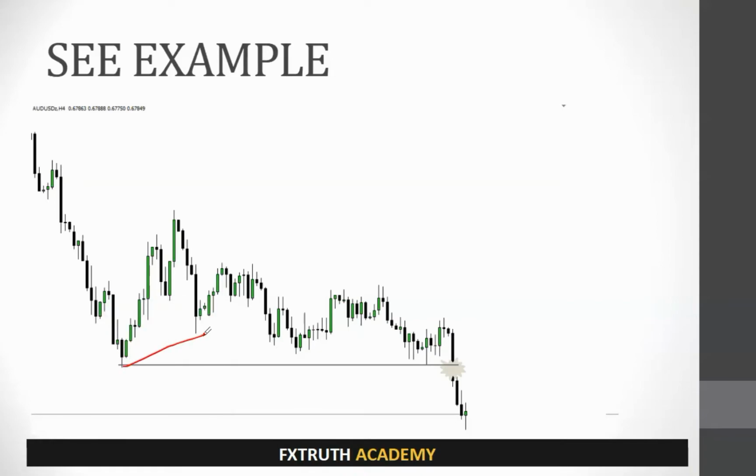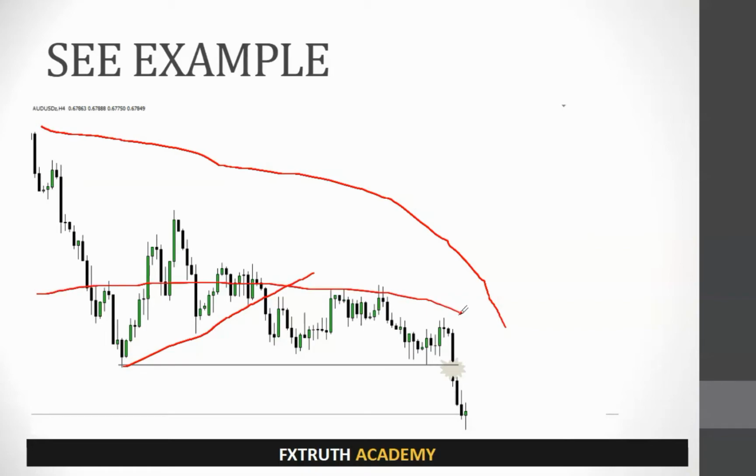Probably, let's say this was our trend line. Probably some of us using a trend line would have switched gears and started selling the marketplace. Or probably some of us are using a moving average, let's say the 50 MA or the 200 MA. Our moving average will cross this way, and probably that's for the 200 EMA, while for the 50 EMA, we'll see price cross like this, and probably now those of us using the EMA